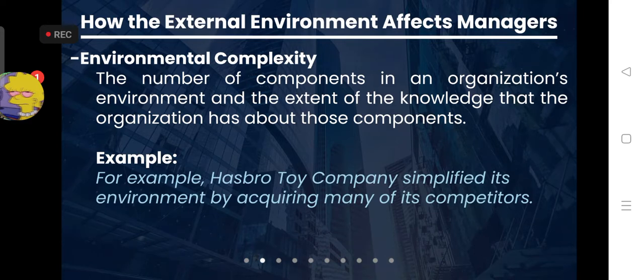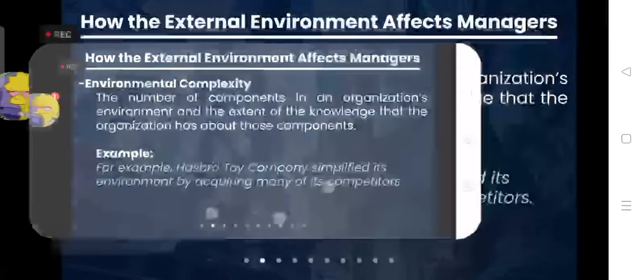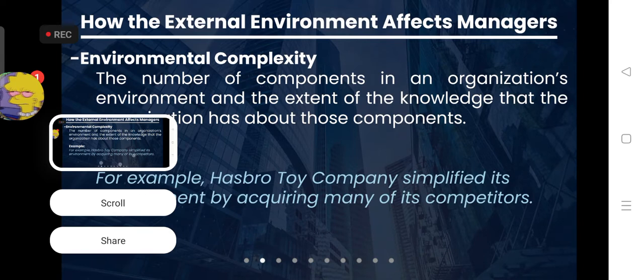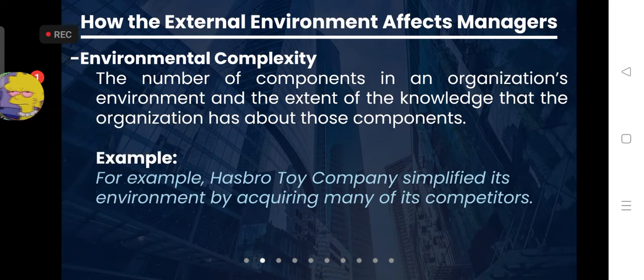So for example, Hasbro toy company simplified its environment by acquiring many of its competitors. In this situation, there is a term that goes, if you cannot beat them, buy them. So that is their way to simplify the organization's environment. But how does the concept of environmental uncertainty influence managers? So as we go to the next page,